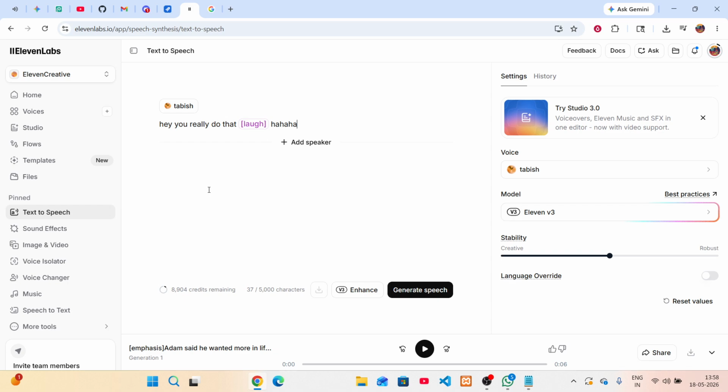Now here comes the fun part. We're going to talk about how to make your AI laugh. Instead of typing out traditional text commands, you're going to physically enter phonetic representations of laughter into the text box. So for the AI to produce a realistic laugh, you can simply type out words like ha-ha, he-he, or even ha-ha-ha. It's important to get that sound just right, so make sure you choose the variation that fits your needs